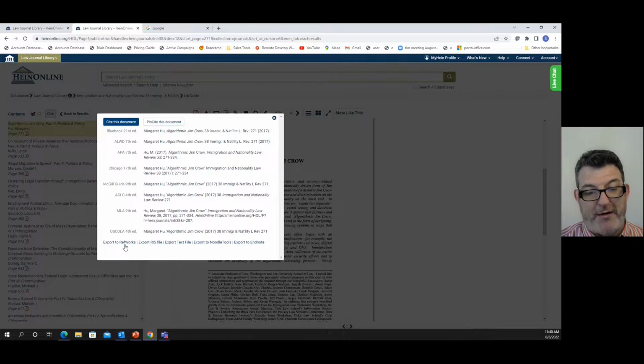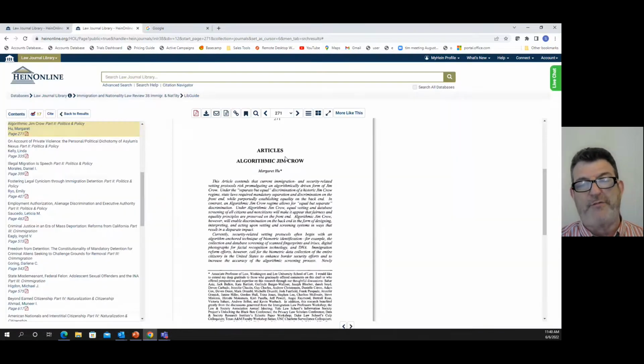So we work with RefWorks, export, you can export Zotero. We work with Zotero. We work with Noodle Tools, which is the more recent one we've been working with, and we work with EndNote. So all of that software we work with. So if your university or college uses that, we work with all of them.